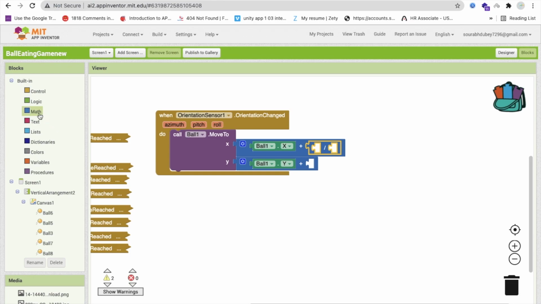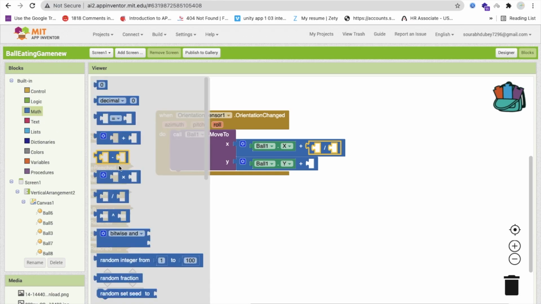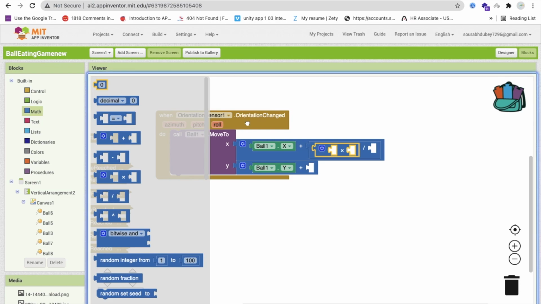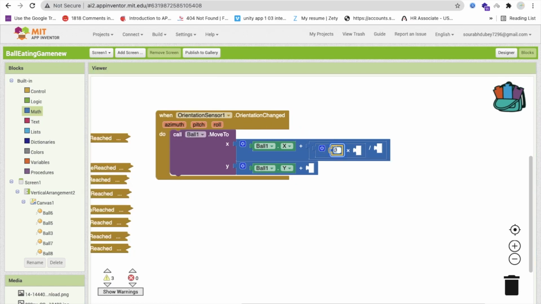Like simply just do this into here like this, and we need to use one value, which is -1, and then we have to divide this by roll, this one, and we have to multiply by roll, and then divide this whole value by 2 plus 2 like this.